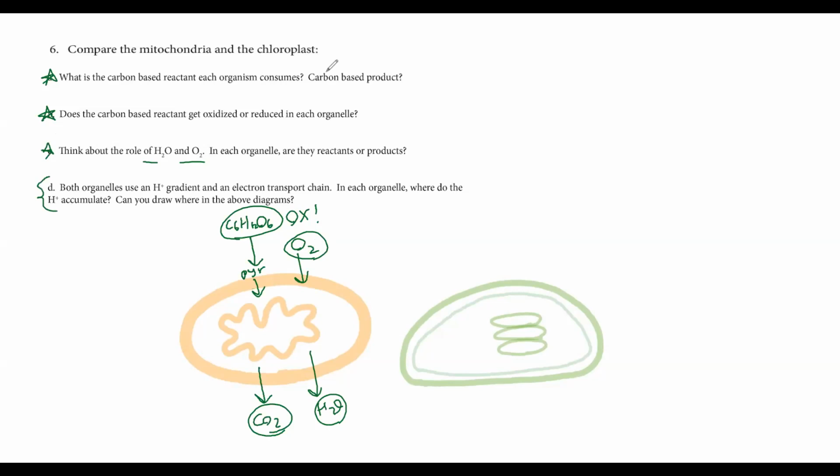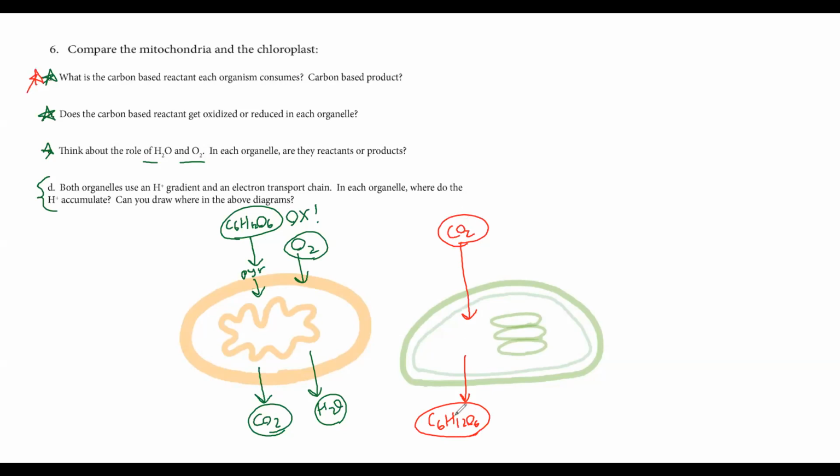Now we can go ahead and do the chloroplast. What do plants take in? Think about why people plant trees. Why do they say trees are good for the environment? Because they take up carbon dioxide, so that's a reactant. And what do they turn that carbon dioxide into in the Calvin cycle? They turn it into sugar, which is so sick. So they're doing the opposite of what we're doing. We're taking sugar and breathing out carbon dioxide. They're taking in gaseous carbon dioxide and putting out sugar. Cool.